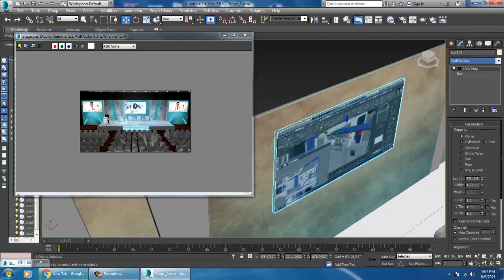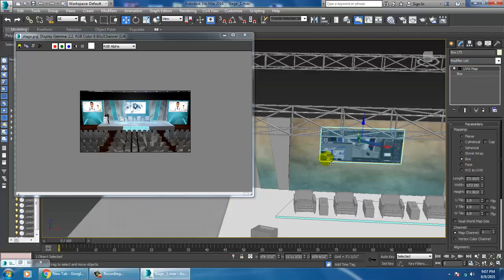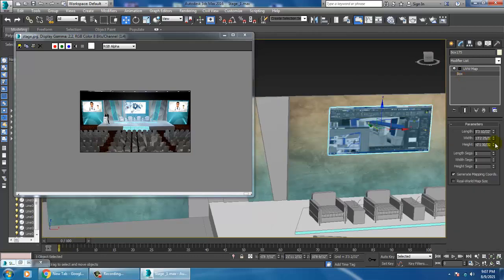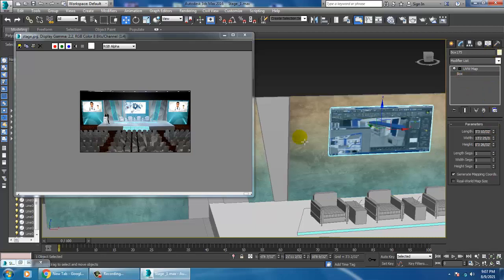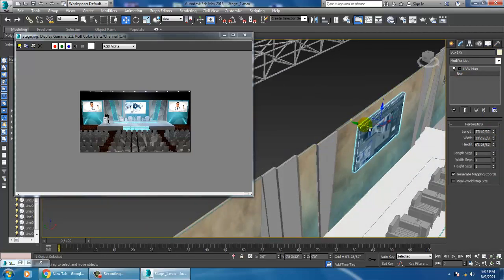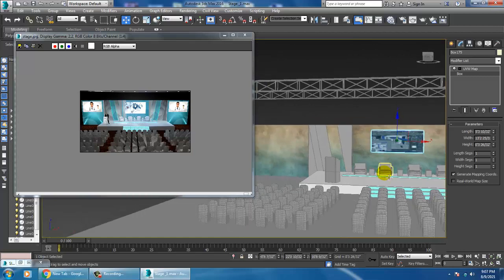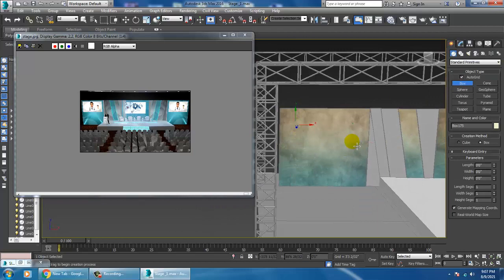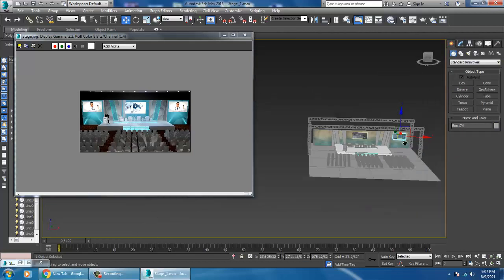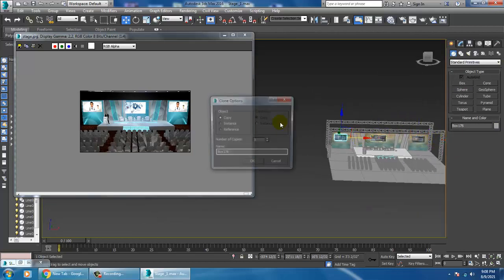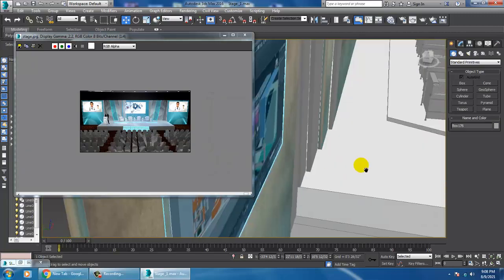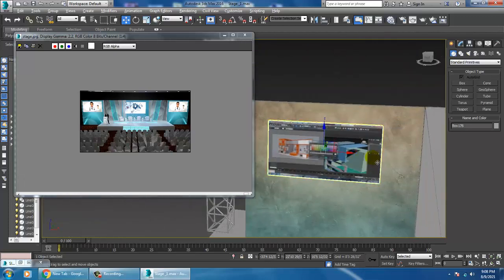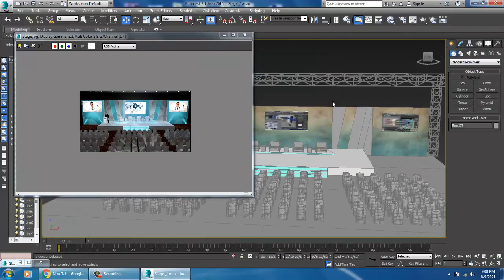UVW map, set as a box. So again, take a box over here. What I can do is just duplicate this over here. Keep the same over here as it is.